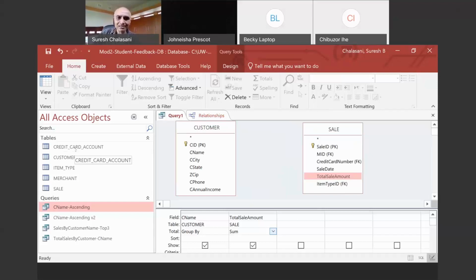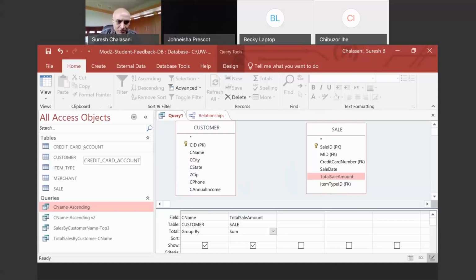The reason that I have seen students do that is because the question only asks you to show the customer name and the total sale amount. But since they're not related in this query, it's bringing in the incorrect amounts.